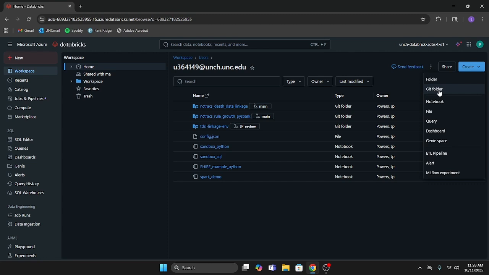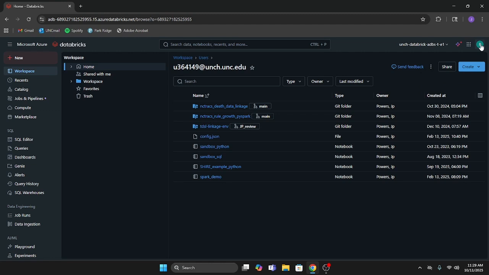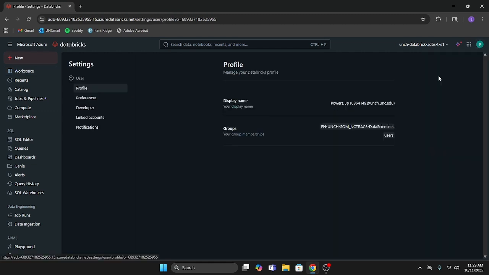Note that these Git folders are disabled currently in the SHIRE for security purposes, but I'll demo setting these up briefly in case we do later find a solution to set these up in the SHIRE, or if you're using Databricks somewhere outside of the SHIRE. So to get these set up, the first thing you would do is go up to your user settings, and